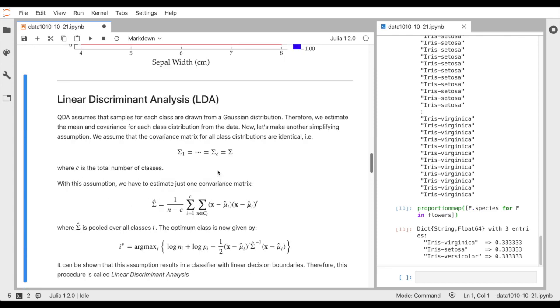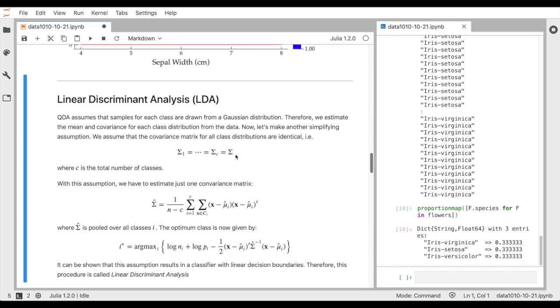Okay, so linear discriminant analysis is closely related to quadratic discriminant analysis. The idea is that we're going to assume all the covariance matrices are the same for each class, but the means may be different. And the reason you might want to do something like that is if you don't have enough data to reasonably approximate the class conditional covariance matrices for each class. Usually you would in a low dimensional setting, but if you have a lot of features, in this case we're just looking at 2, but if you had many more, then you might have trouble estimating these covariance matrices,